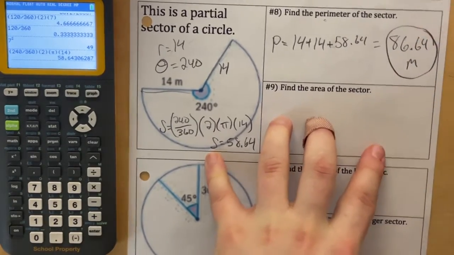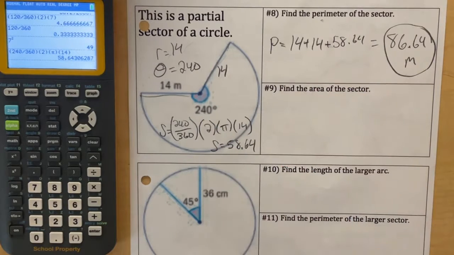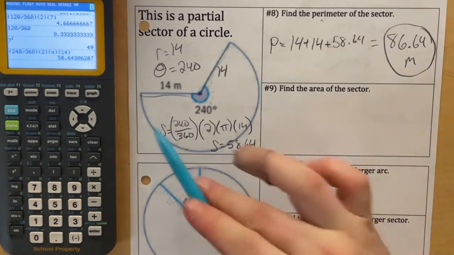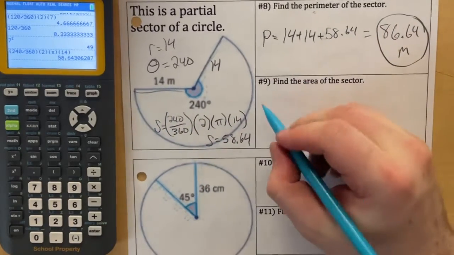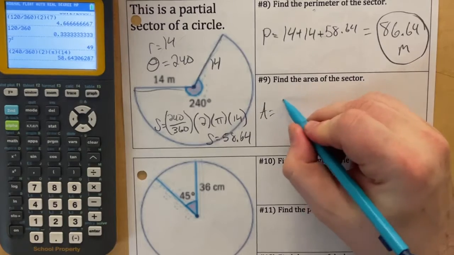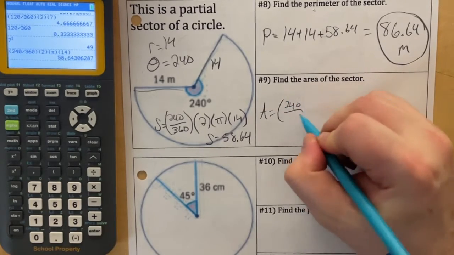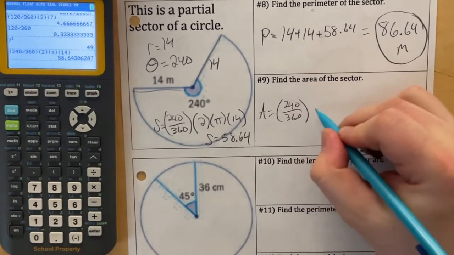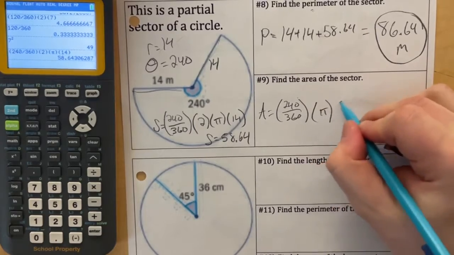So we're saying the perimeter around the outside of this circle, or sector of a circle, is going to be 86.64 meters. And then for number 9, it says find the area of that sector. So now we're talking about that inside amount covering that sector. So we have area is going to be 240 over 360 times pi times that radius, which